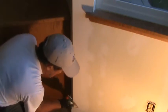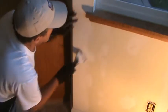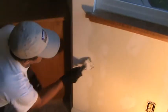Now I could run a hand sander or sanding pole on here at this point. I don't really want to do that because I'm in a kitchen. Once you start sanding, it goes everywhere. That's why I'm just going to kind of hit it quick. I don't want to just go over this kind of stuff with the skimming